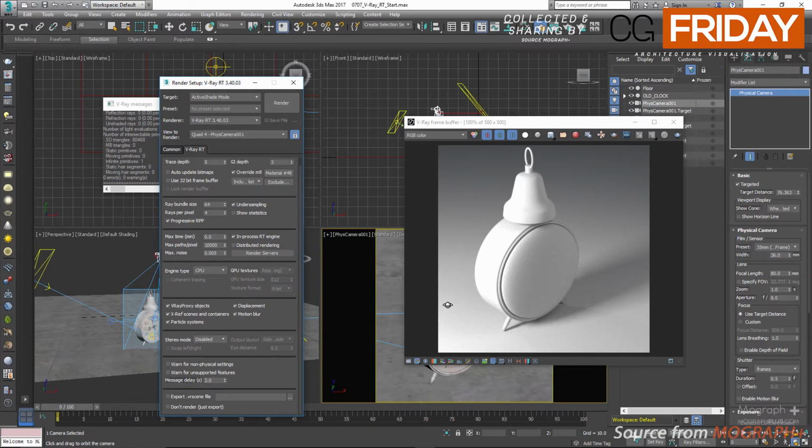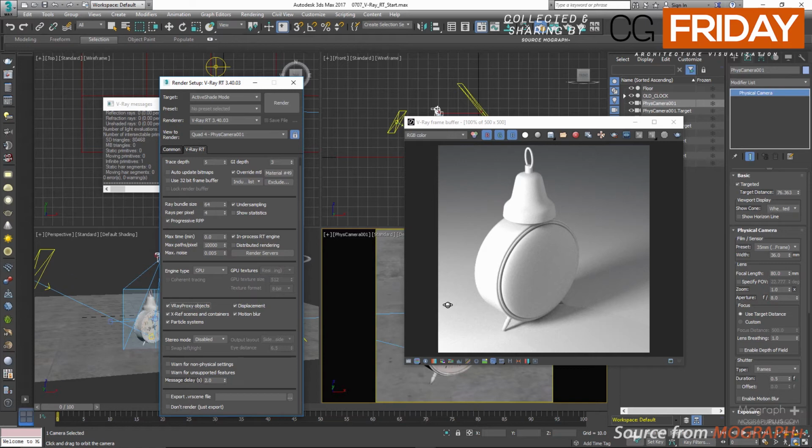In the geometry section, we can enable or disable certain types of geometries from showing up in the Vray RT. We have Vray proxy objects, and when enabled, the proxy objects will be rendered by Vray RT. But in the GPU mode, the proxies are not going to serve their purpose of saving memory. They're going to be rendered as normal objects, and we're going to be discussing Vray proxy in our next section,